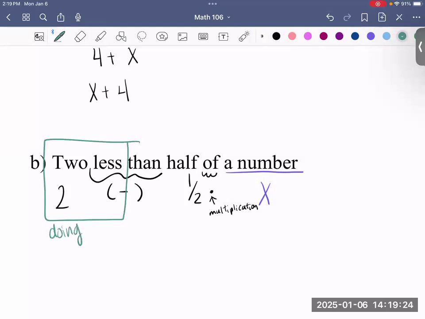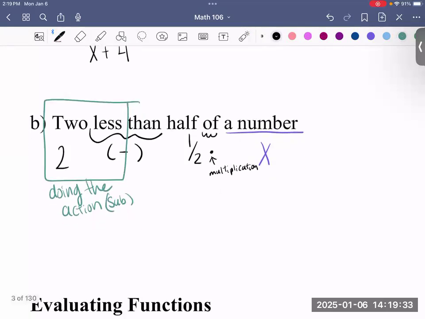Doing the action. Subtracting. So one way to write it is saying, okay, well, we're going to take half of this number and we'll subtract by 2,